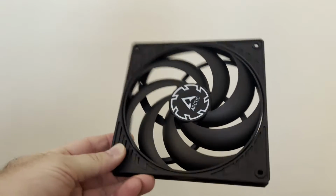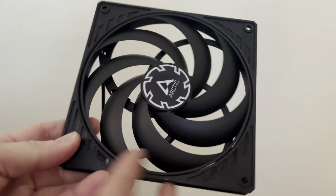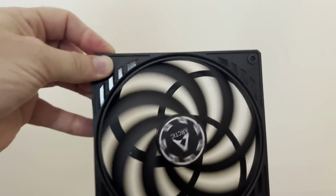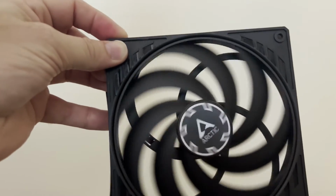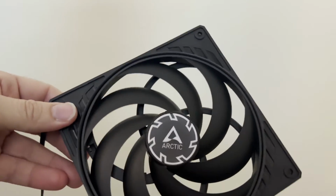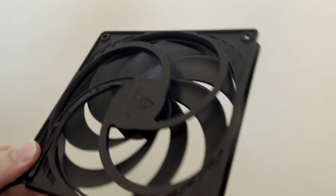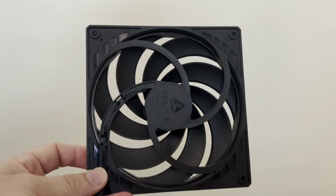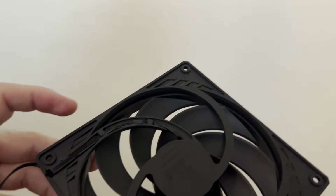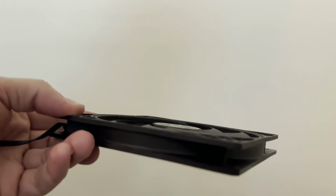Alright, here is the P12 Slim. It is 15 millimeters thick. It has no rubber pads on it. So that means any vibrations you get in the fan will be transmitted into your frame. But in my testing, it didn't really seem to have too much vibration. And it's less of an issue now than in the age of hard drives. So if you're going to mount this in a case with hard drives, I would just get some foam and mount it that way. But this sort of slim design is meant for your small form factor cases in general